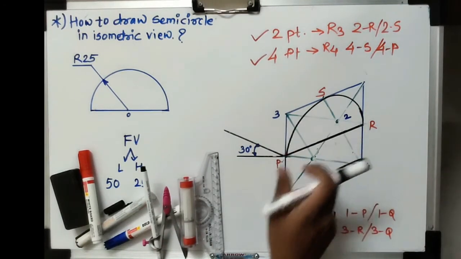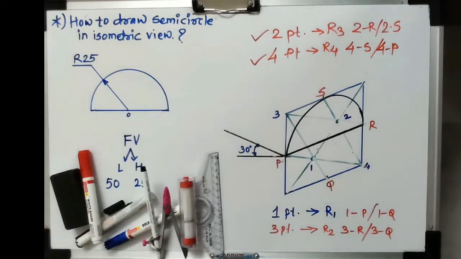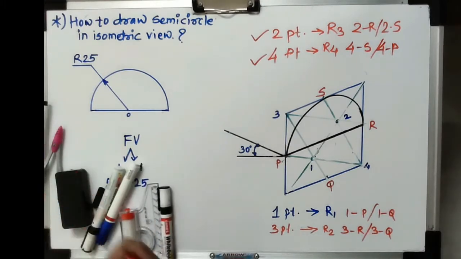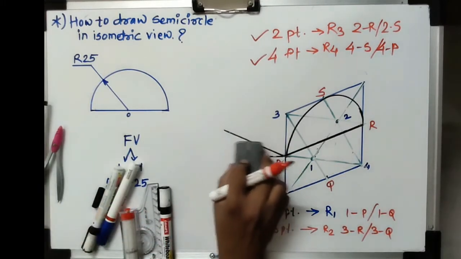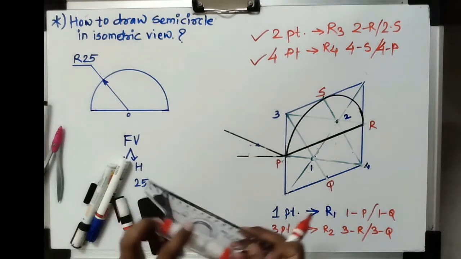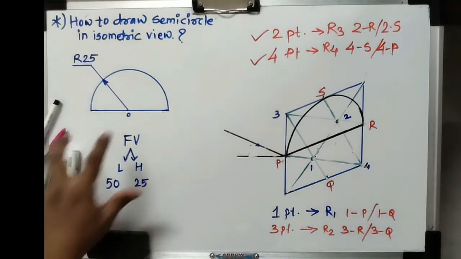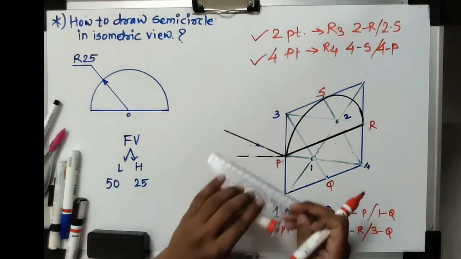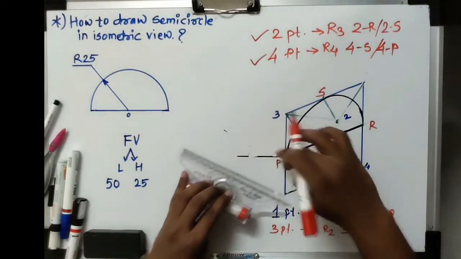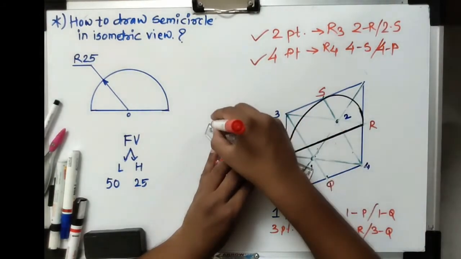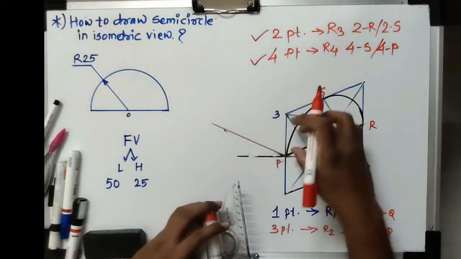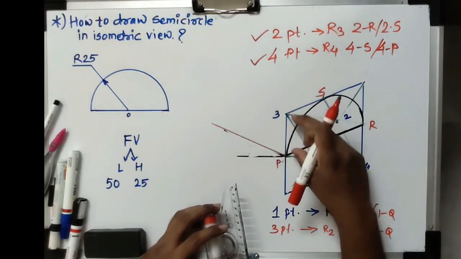Now the same thing we can repeat on the left side inclination line. I will mention that also so that it will be somewhat easy. I will use a different shade, the red color line. Suppose I mark this dimension line. Again, what is the total length of the object? It is actually the diameter, that is 50 mm. So we have to represent the total length on this left side inclination line also. Suppose this is the center line or the 30-degree inclination line, and then we have to represent the 25 mm height of the object here.